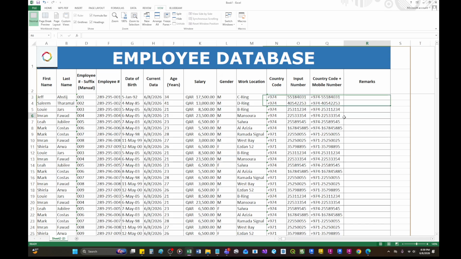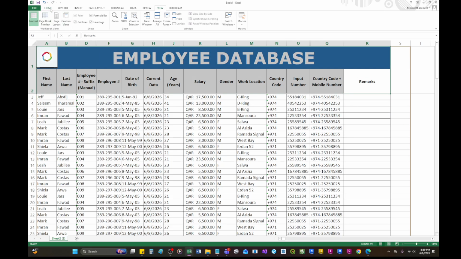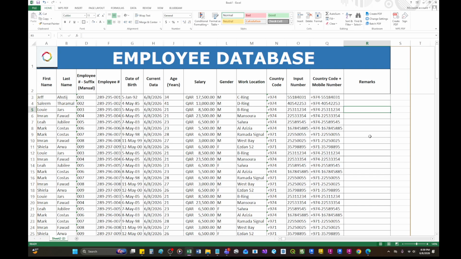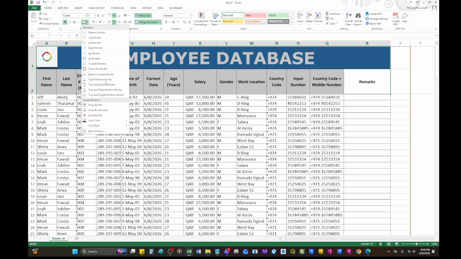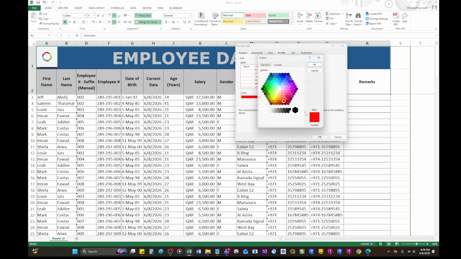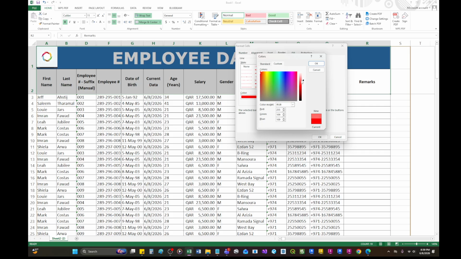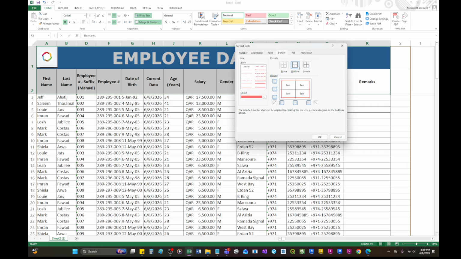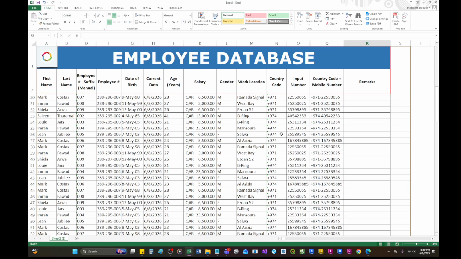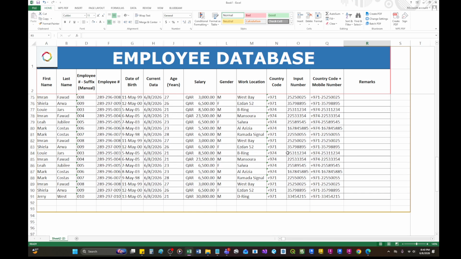Okay, so I think better this one. We will make it a little thicker as well. We would like to make it go to more borders. Let's change the color. Let's make it faded red. Go here and then fade this a little bit. Then run this again. I'll make it thicker. Okay, so it will be visible here.